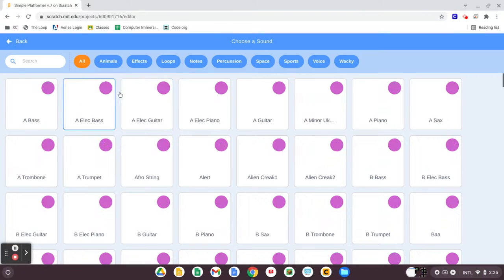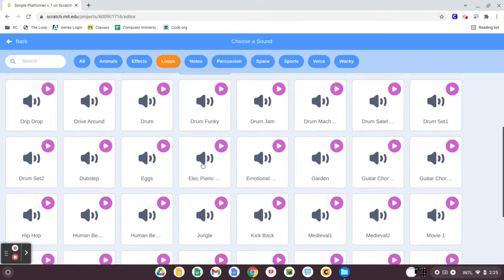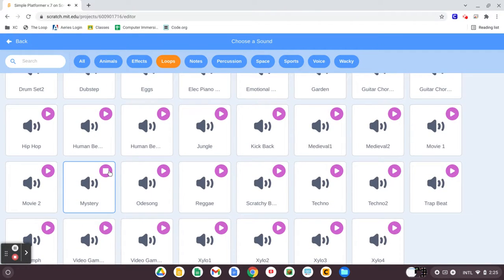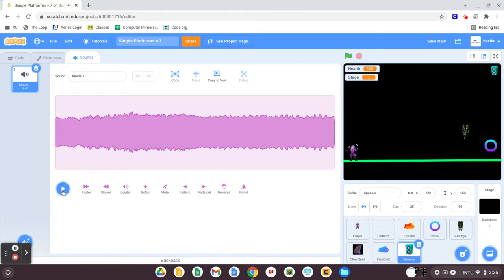I'm going to go down to the sound library, go to loops. I already kind of picked out what I wanted, although now I forget, it's movie one. Okay. I like the sound of movie one, but you can play around with the sounds, the pitch, the speed